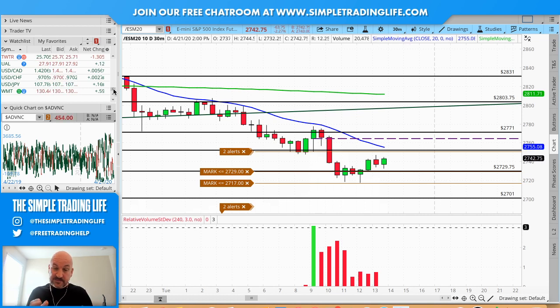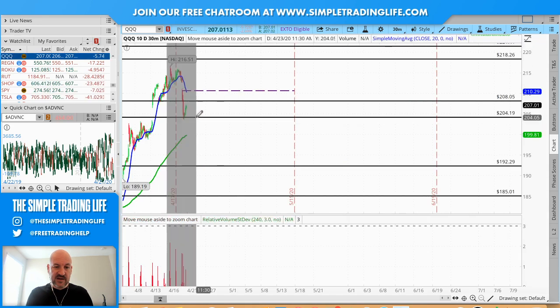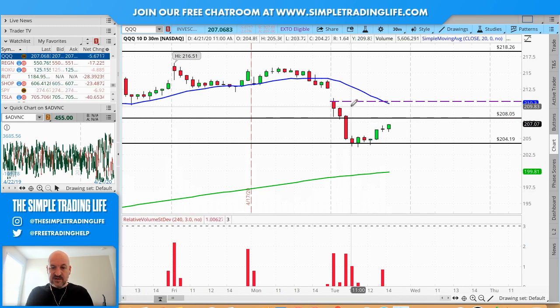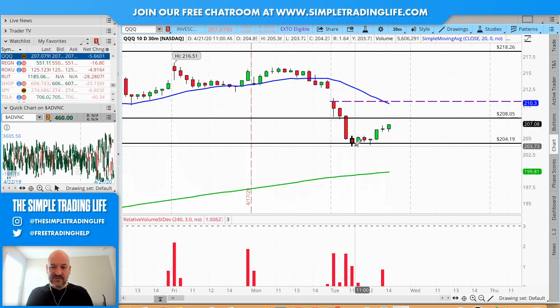So anyway, I put out a watch list each morning, and it's got various names on there based on a bunch of different criteria. One of the names this morning that we were watching was the Qs, QQQ. So let me zoom in here. As you can see, not only did we gap down, right? Here's the purple line showing the opening price level. Other than just barely poking our head up, we immediately flushed away.